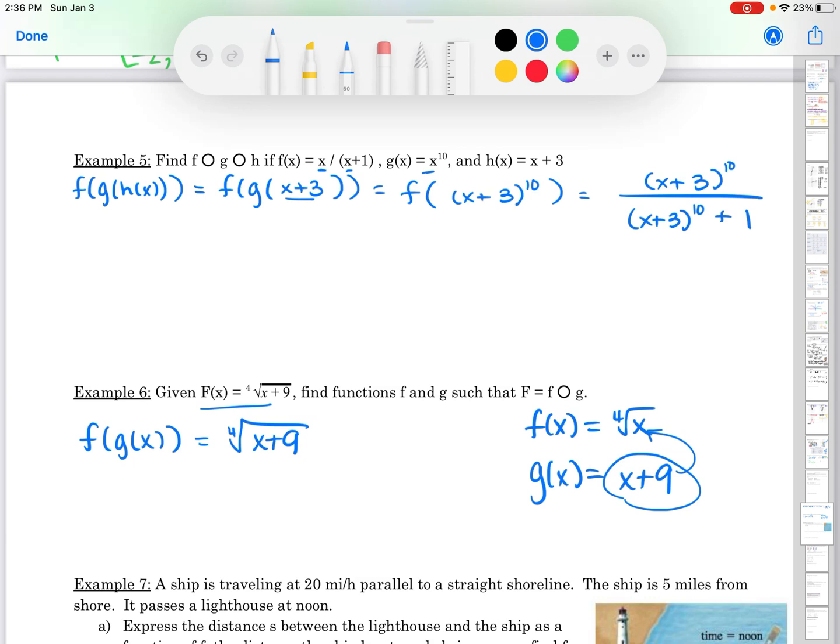We could also take the lazy way out and say something like g of x was equal to just x, and then f of x was equal to the function that's already there. There could be a few ways to go about doing this sort of